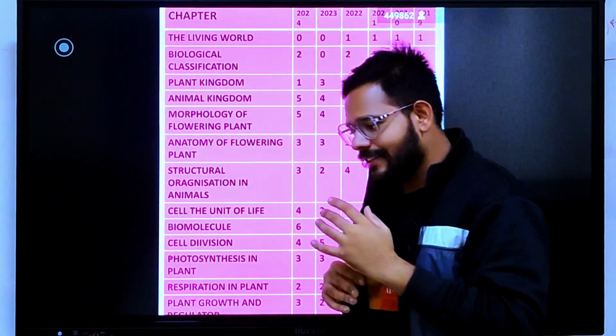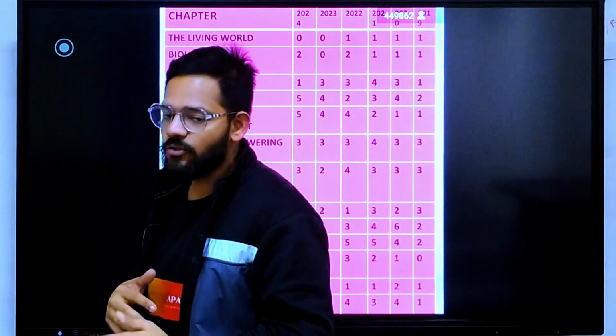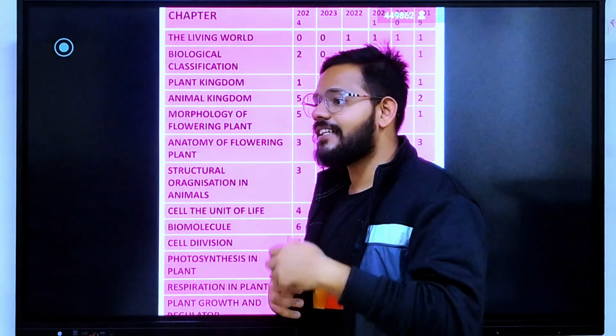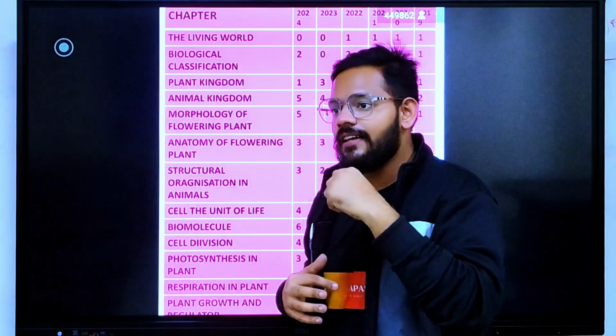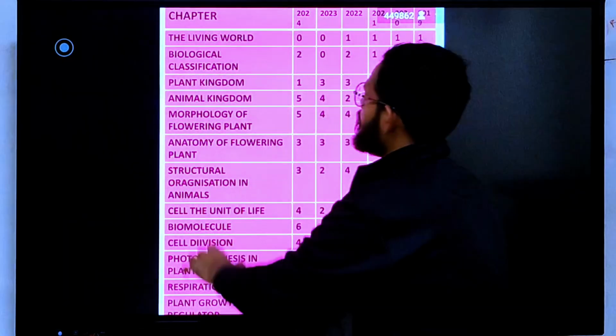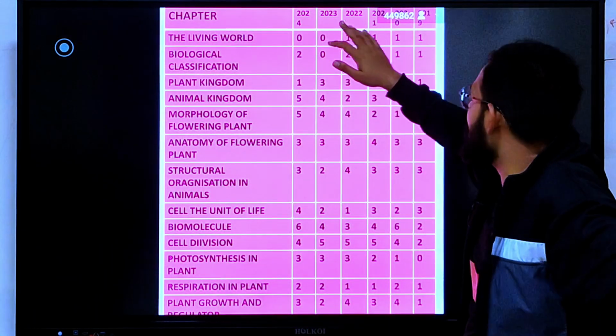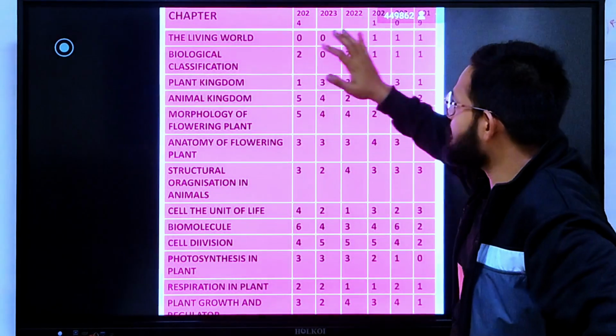In this plan, you are going to see and understand what is the makeup of the question, what is the designing of questions coming in the last 6 years from your biology NCERT. Okay, so first we have the 11th class, the living world, in which we are going to see the 6 year paper detail about the living world.